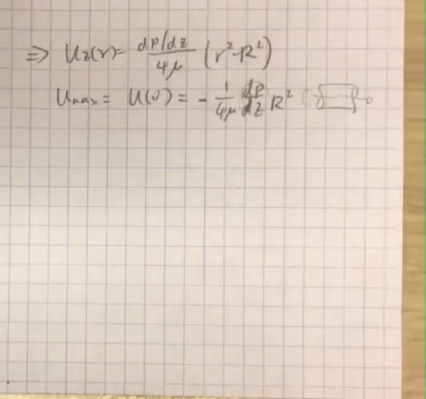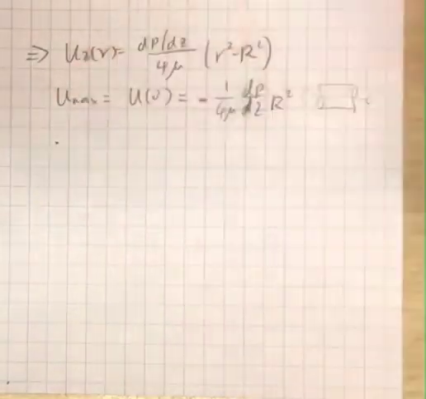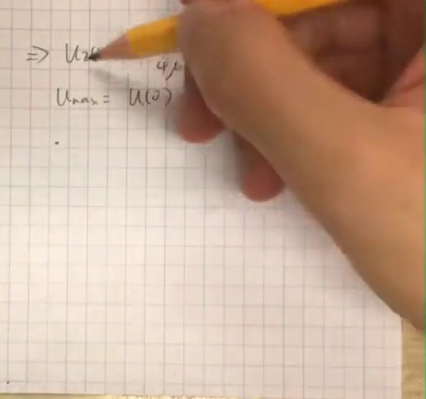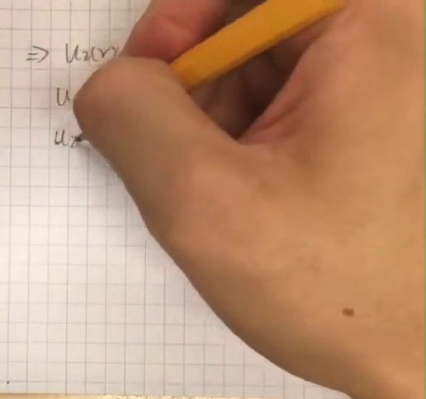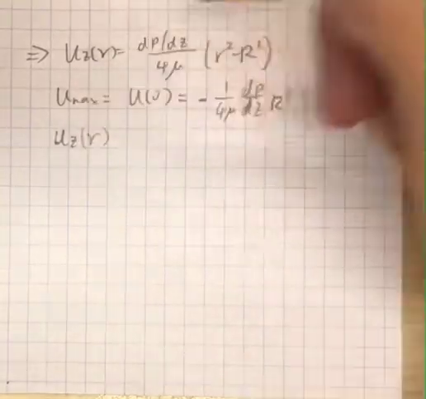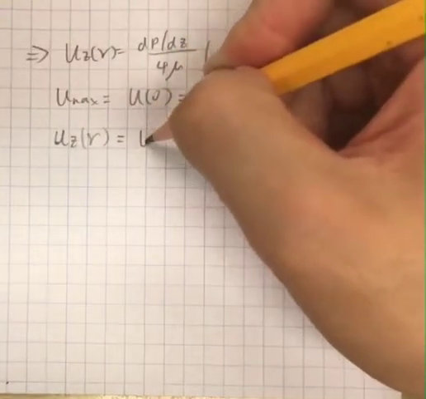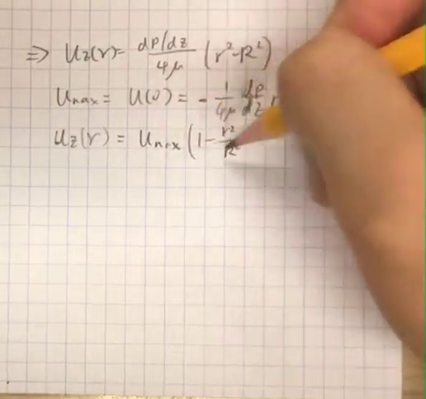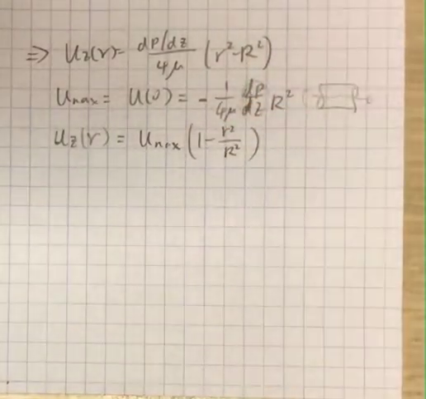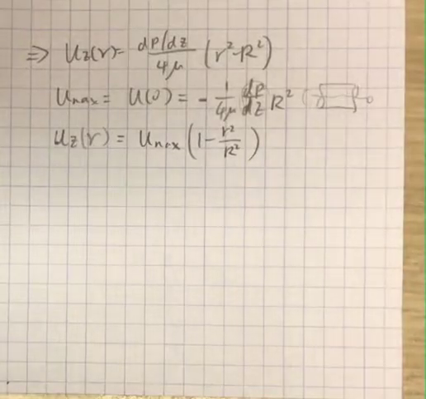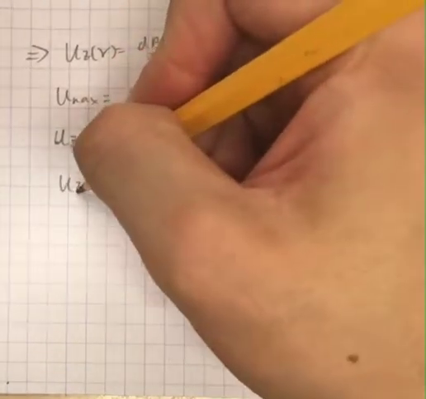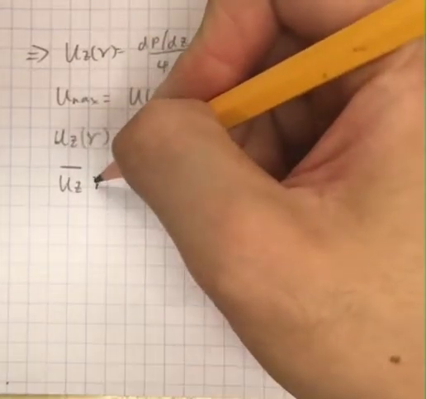Okay, so another thing. If we plug this into u_z, what do we get? We get another way to write u_z, right? It's just something like this: u max times (1 minus r squared over R squared). Okay, so if we calculate the average velocity,